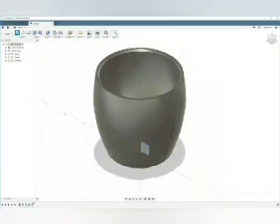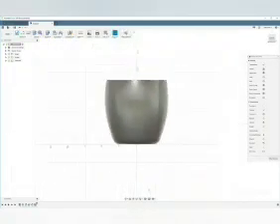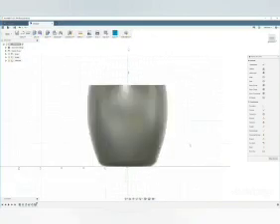Then I select the front plane of the diagram. This is the front view of the coffee mug.